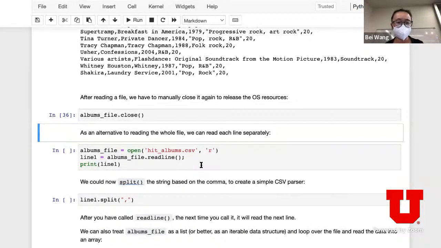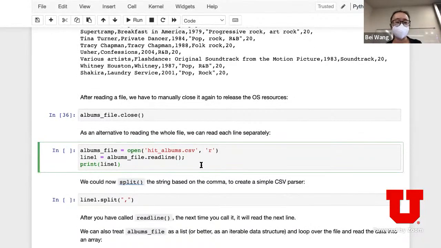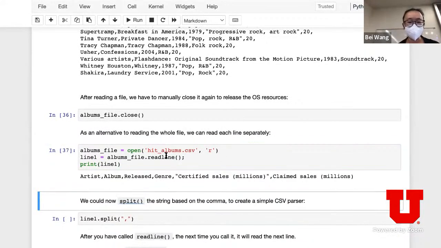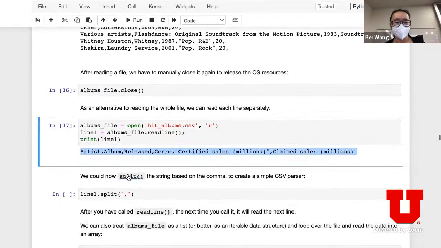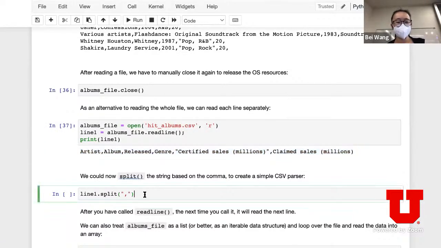Alternatively, you can do better, which is to read it line by line. In this particular case, when I open this file for read, I'm going to read a single line. When I call readline, it says, well, it's line 1, so I'm just going to print out line 1. Now if you have this line, you can run the string operation called split. What does split do?